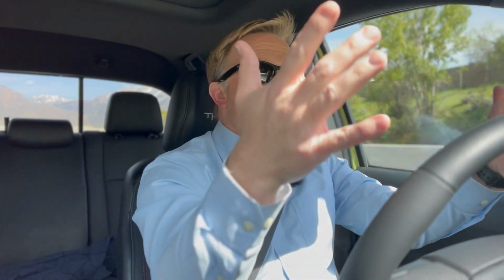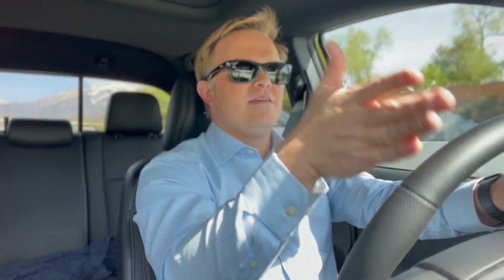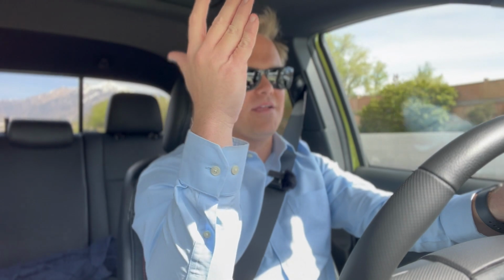And so I don't know why there's not more power here. I don't know why the supercharger is not offered. I wish that it was. I don't know that it's a deal breaker, because you're going to get amazing reliability with this, and you're going to get amazing off-road and comfort, and just everything that comes with the Toyota Tacoma name. And I think that in itself is probably still enough to really seriously consider this